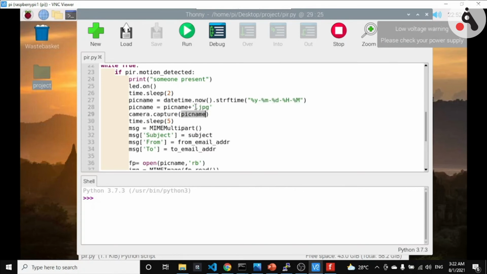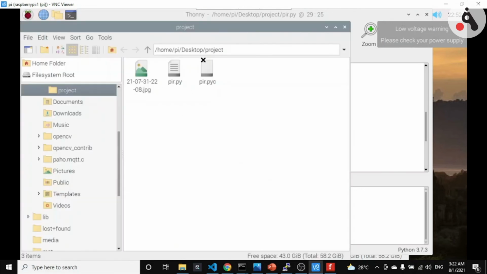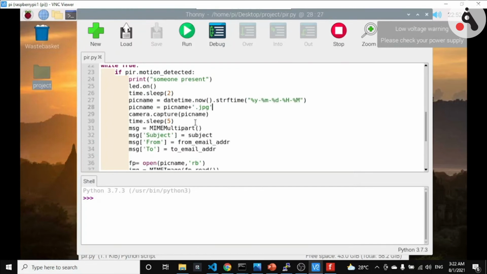Since we haven't given any path, it looks in the current directory, where our Python code is, this project directory, and saves the image in this directory only. If you want to give a specific path, you can append that path from here easily, any directory you want.